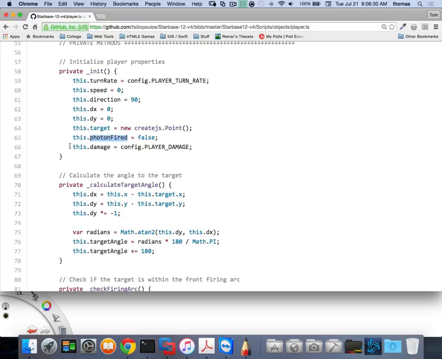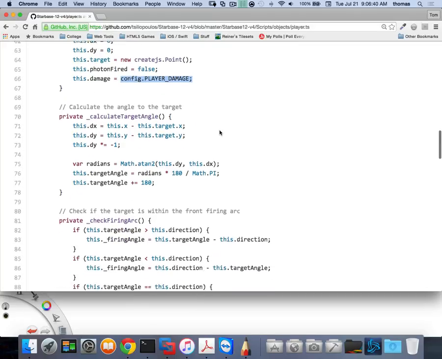I also configure the damage that I can do, right? So this is my damage potential, how much damage I can cause to the other ships. And again, it's based on a constant that I have. All right, so